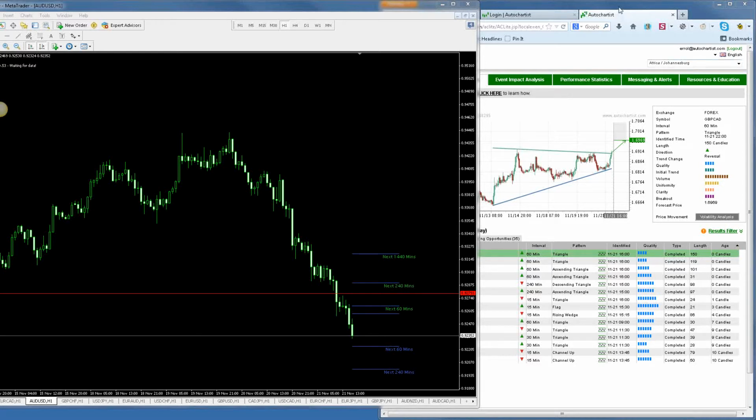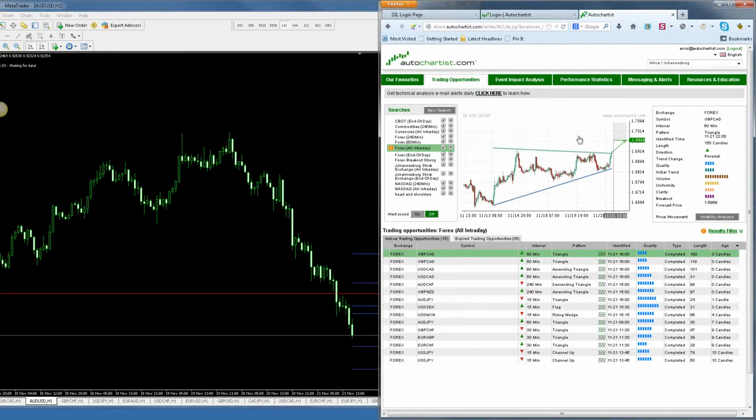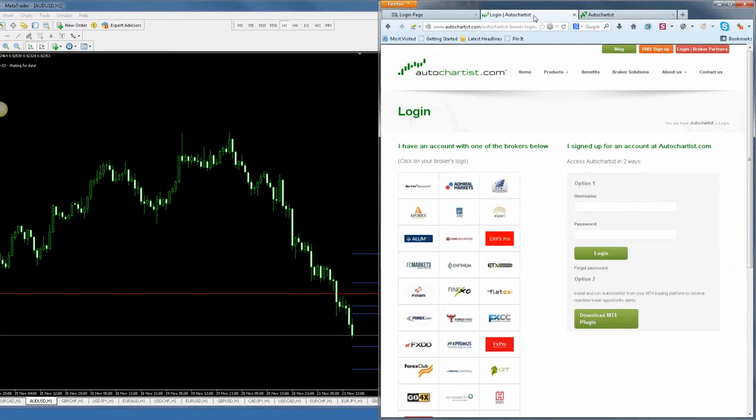Okay, so today's topic is how to set stop loss and take profit levels with Autochartist. Before we get into that, I just want to quickly show you two things. First of all, I know there's a lot of people who are trying Autochartist for the first week or first few days, so I just want to give you a brief summary of your trial and how you can get Autochartist for free. If you go to our website and you click on Login Broker Partners at the